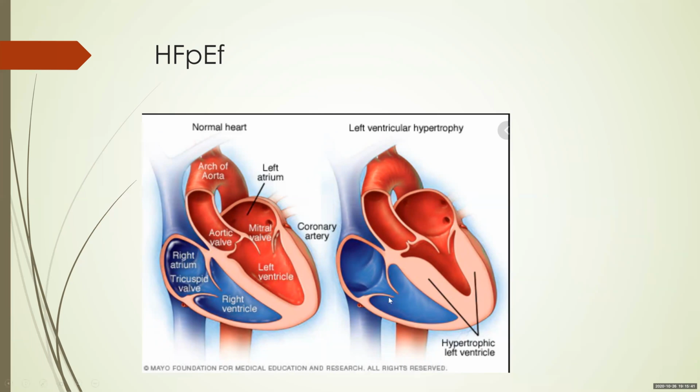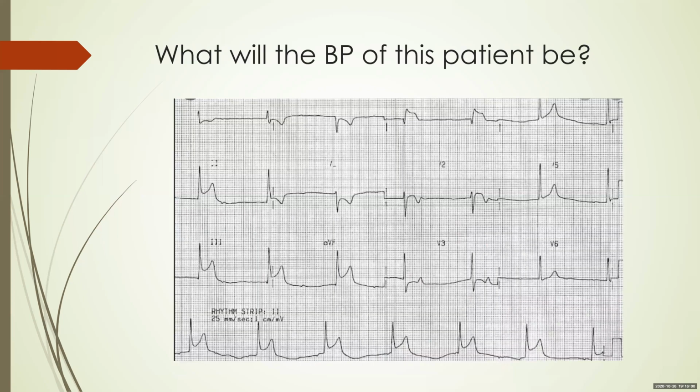Now just imagine the RV is non-functional. The blood flow to the left heart decreases, thereby it can cause tremendous hypotension. We shall release a video on the effects of heart failure with preserved ejection fraction and the narrow preload reserve a bit later, so you need not worry about that.